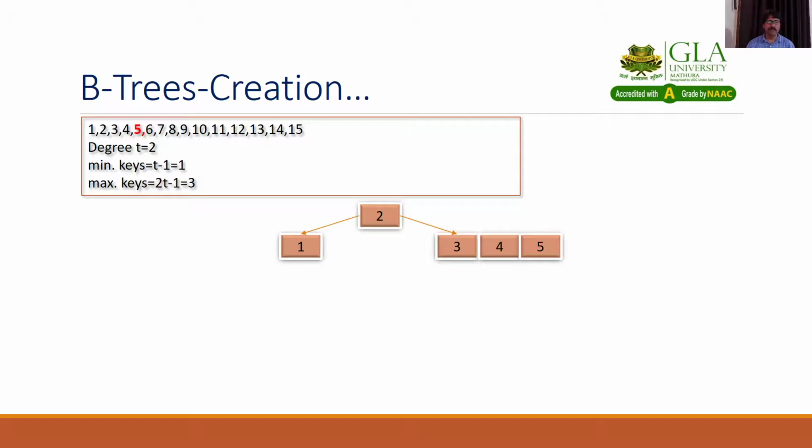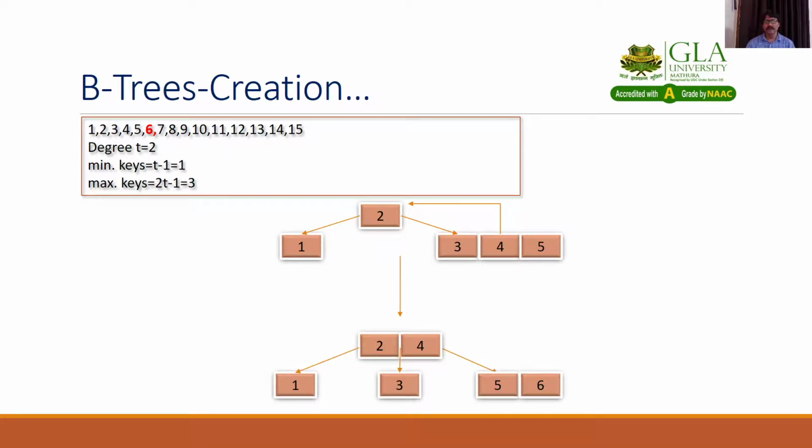Now you have to go for the insertion of 6. Again you have to split, because 6 will go after the 5, and there cannot be 4 elements. The maximum size is 3. So you have to split and move up. When you split internal nodes, the middle element goes to its parent. So now 4 goes upside. Where will the 3 go? 3 will go in between 2 and 4. 3 will never go after 4, because 3 is smaller than 4 and larger than 2. So it goes in between 2 and 4.